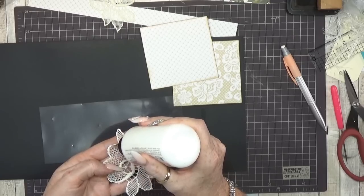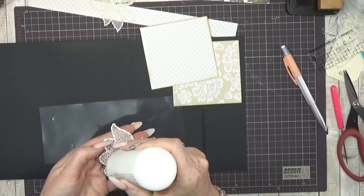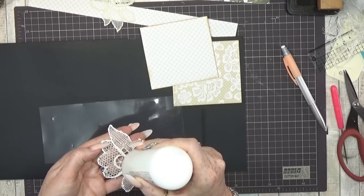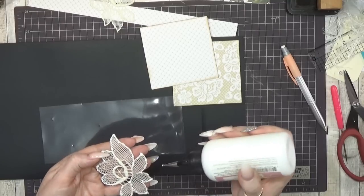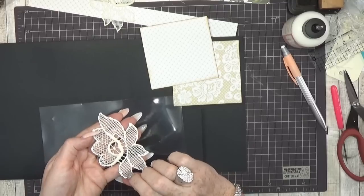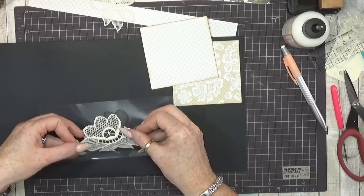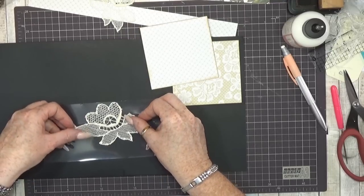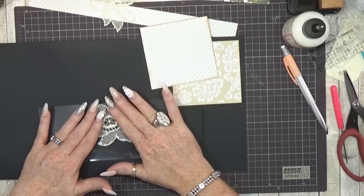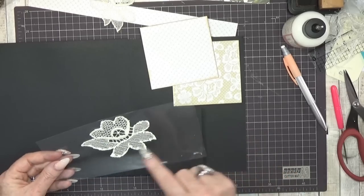Now, there we go. I think I've had it. Let's glue this one too. It's a nice thick piece, so that's easy to do. Okay, I think that's enough, and I'm going to apply this right on top of that clear one. And I'm going to let this dry, and when it's dry I can cut it out